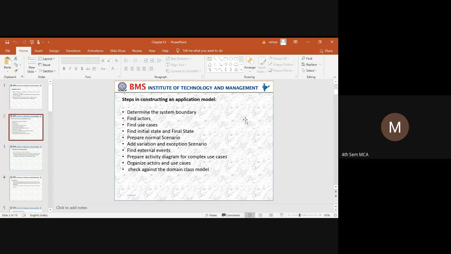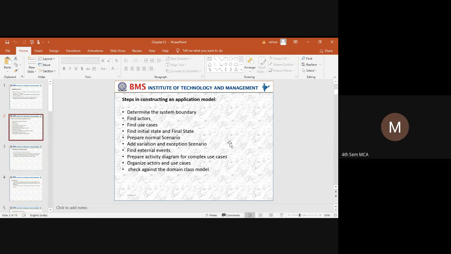Next thing is find the actors. We need to identify who are the actors who are going to interact with the system, in what way the users are going to interact with the particular use case.